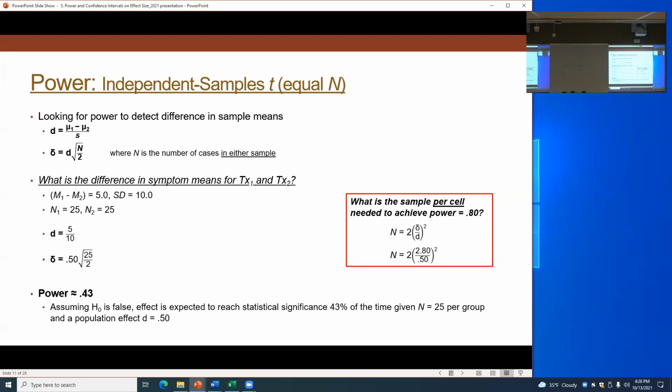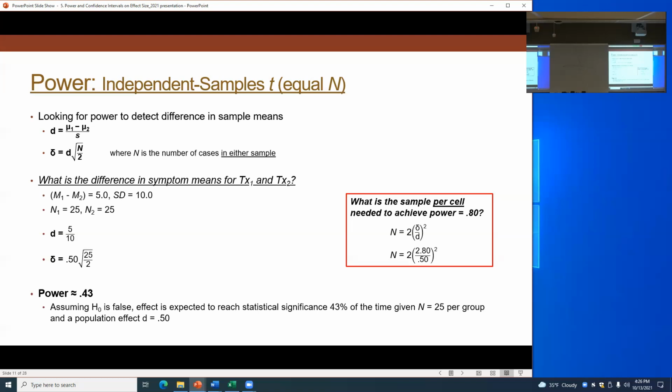I want everybody to be calculating this stuff. I got 62.72. Okay, so we'll round up, right? So 63. What I would need is 63 people per cell